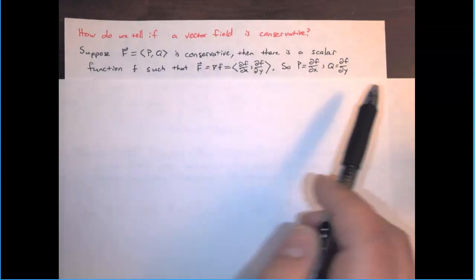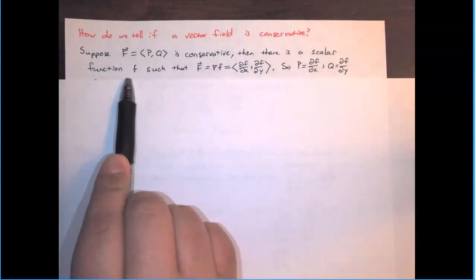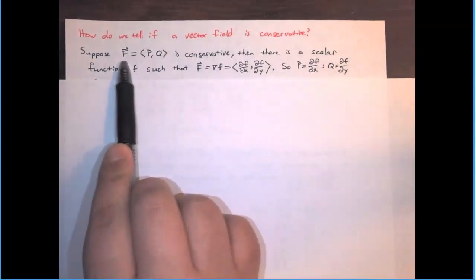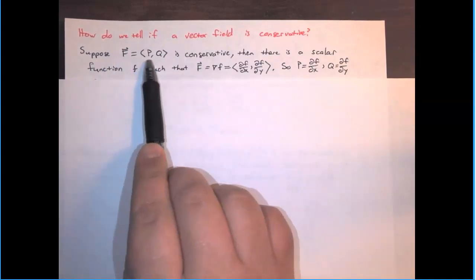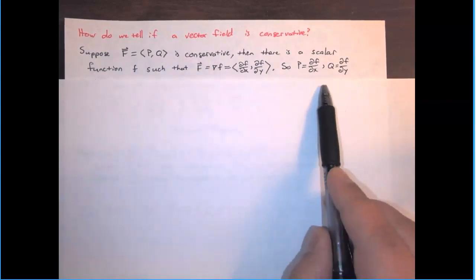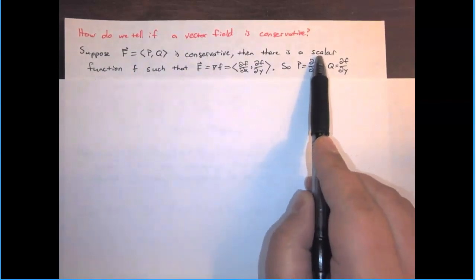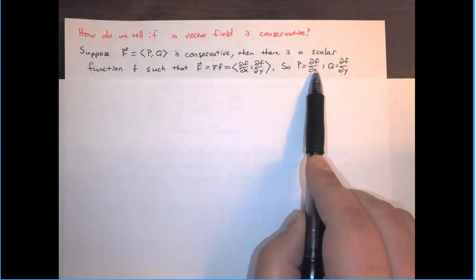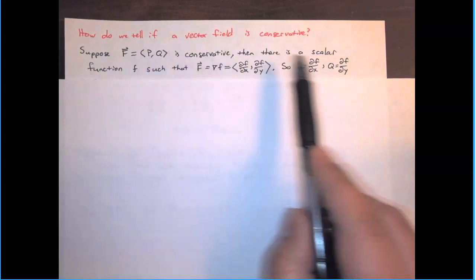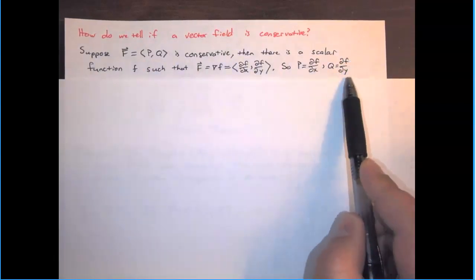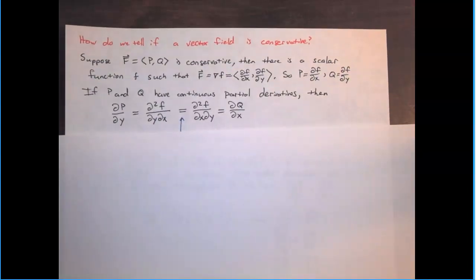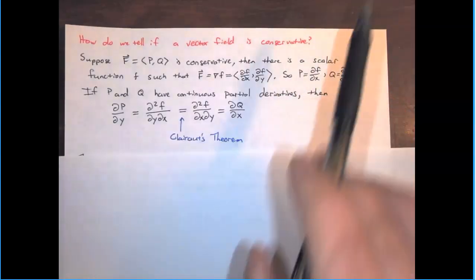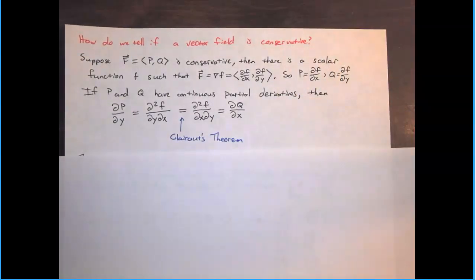If this is conservative, then we know there exists some potential function such that this vector field is the gradient of this potential function. So what that means is that this first component function is actually the partial derivative of our potential function with respect to x. And this second component function is actually the partial derivative of our potential function with respect to y. Okay? Now, if in addition P and Q are differentiable, they have continuous partial derivatives,